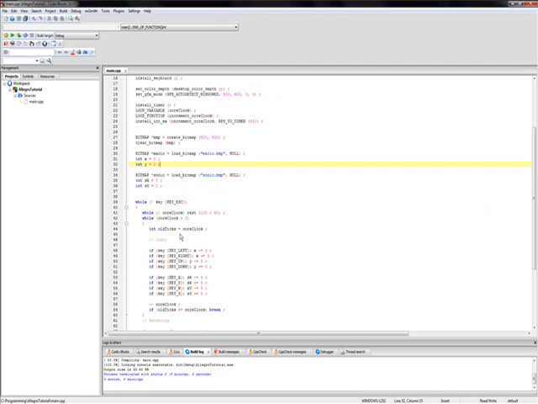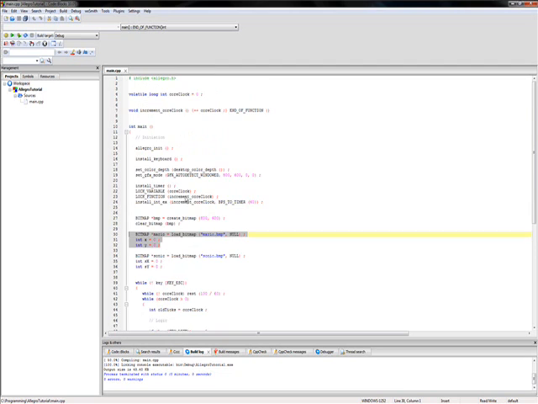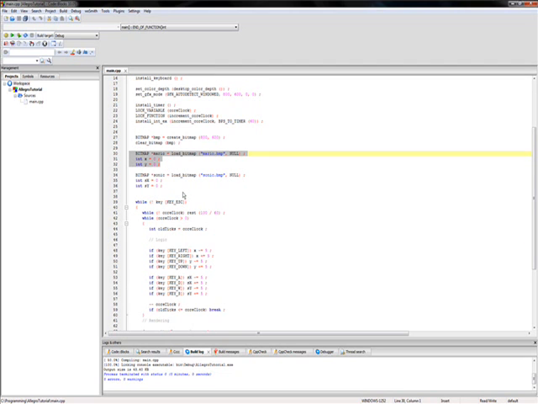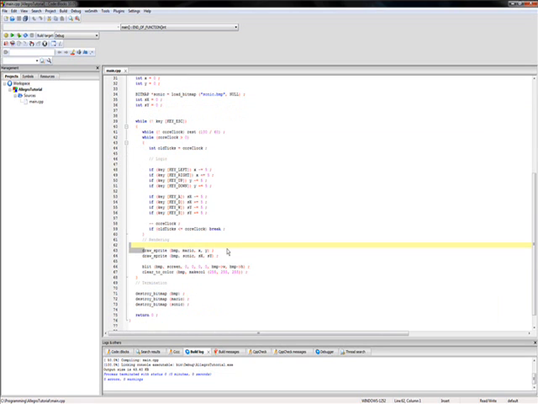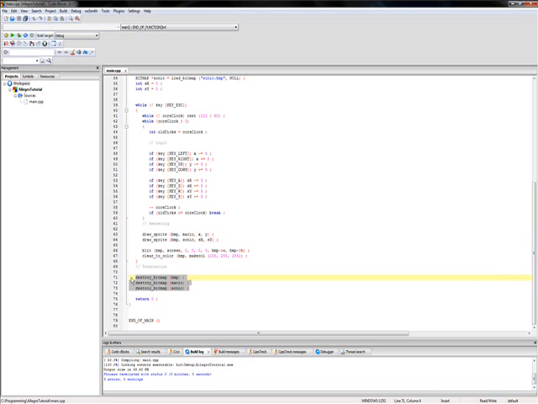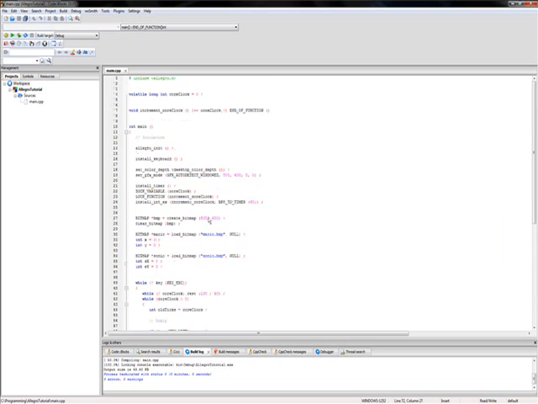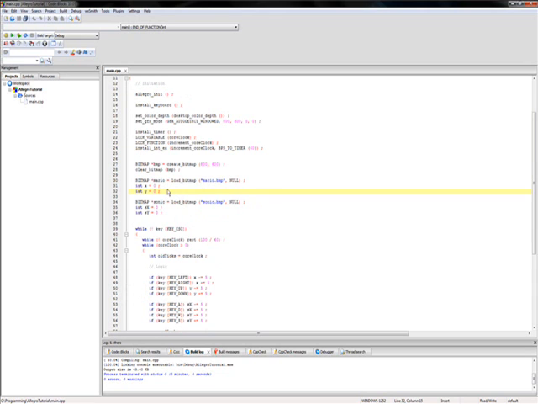So let's get started. This is what our code looked like from the previous video, where we had a Mario bitmap and then his X and Y, and then we had Sonic's bitmap and then his X and his Y, and then we drew them down here in our drawing portion of the game loop, and then we destroyed their bitmaps after we exited the game loop. So in order to create an object of Mario, we're going to want to create an object class,